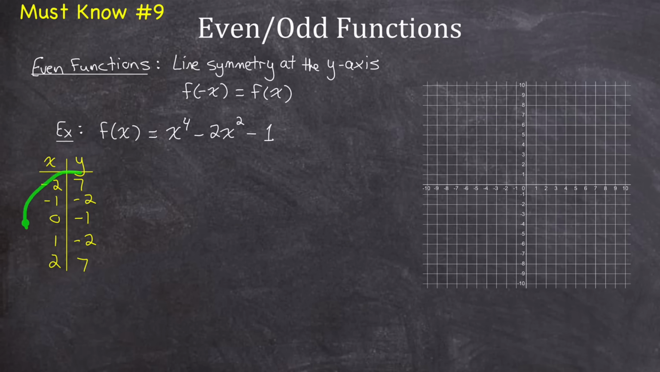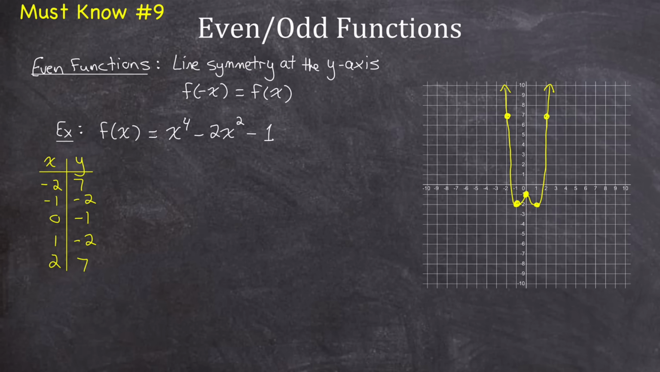If I plot these points, we can see what the graph of this function looks like. Notice there is line symmetry right at the y-axis on the graph of that function. Moving 2 to the right of the y-axis, the function is up at 7. Moving 2 to the left of the y-axis, the function is also up at 7. And we can prove that that rule of f of negative x equaling f of x holds true for all